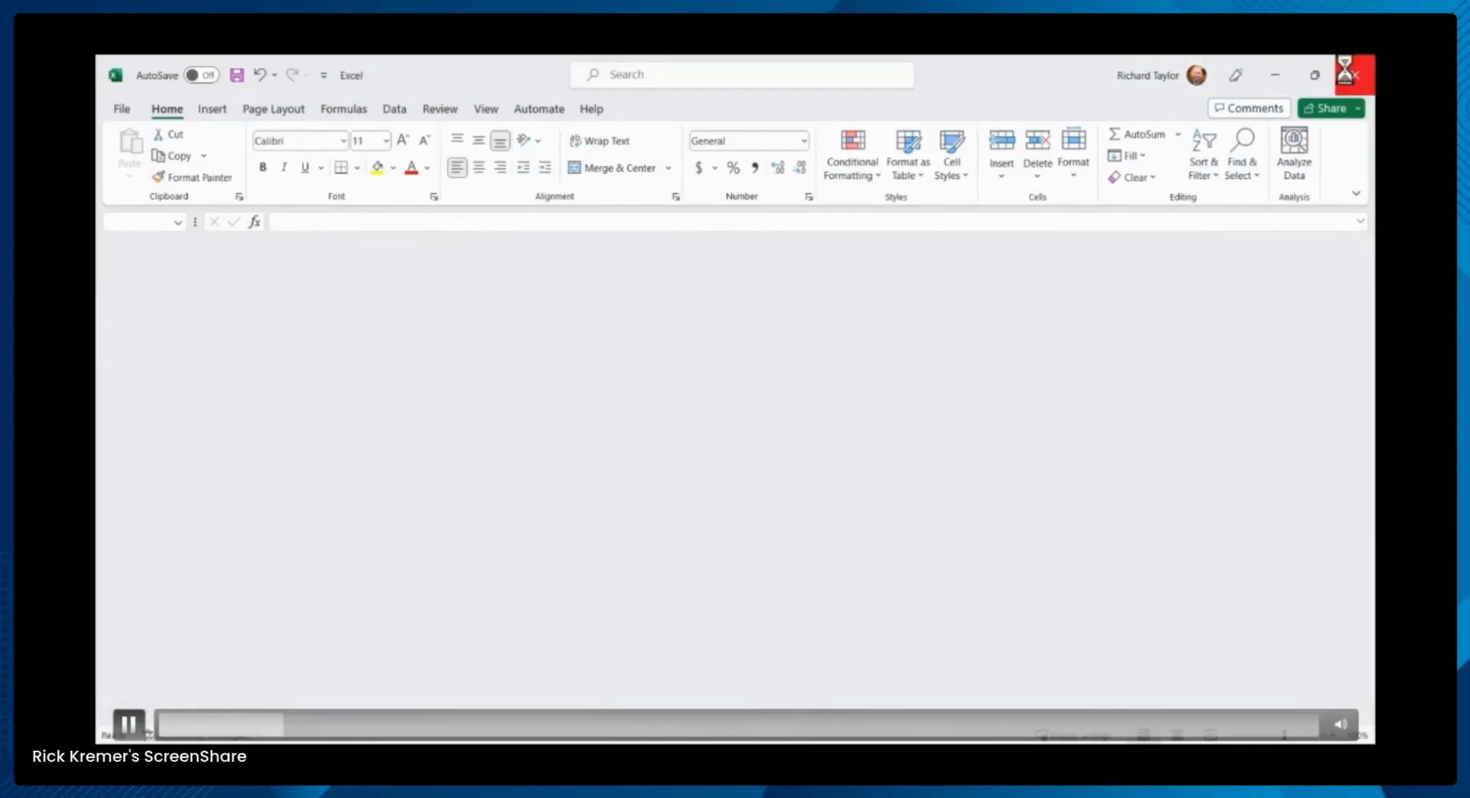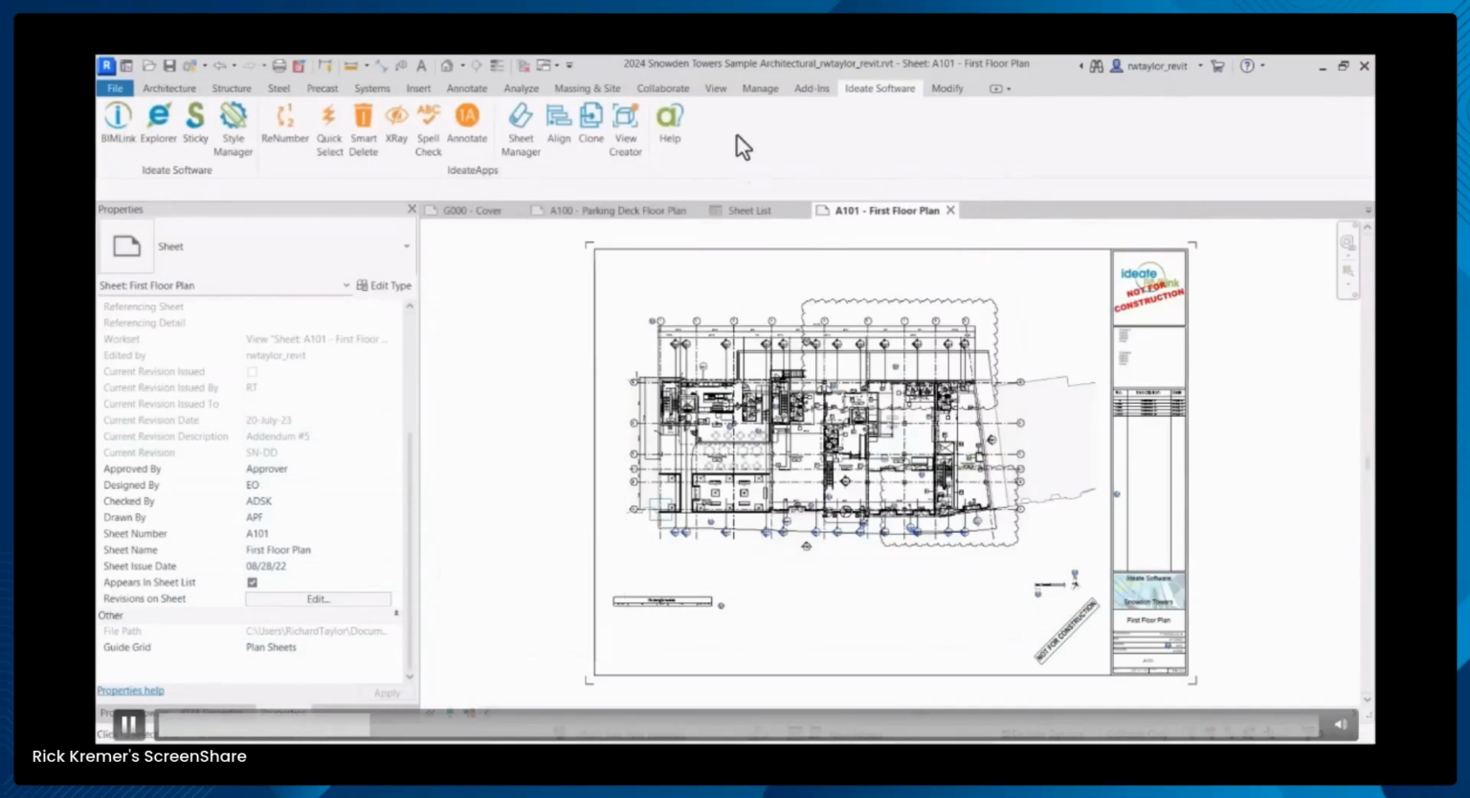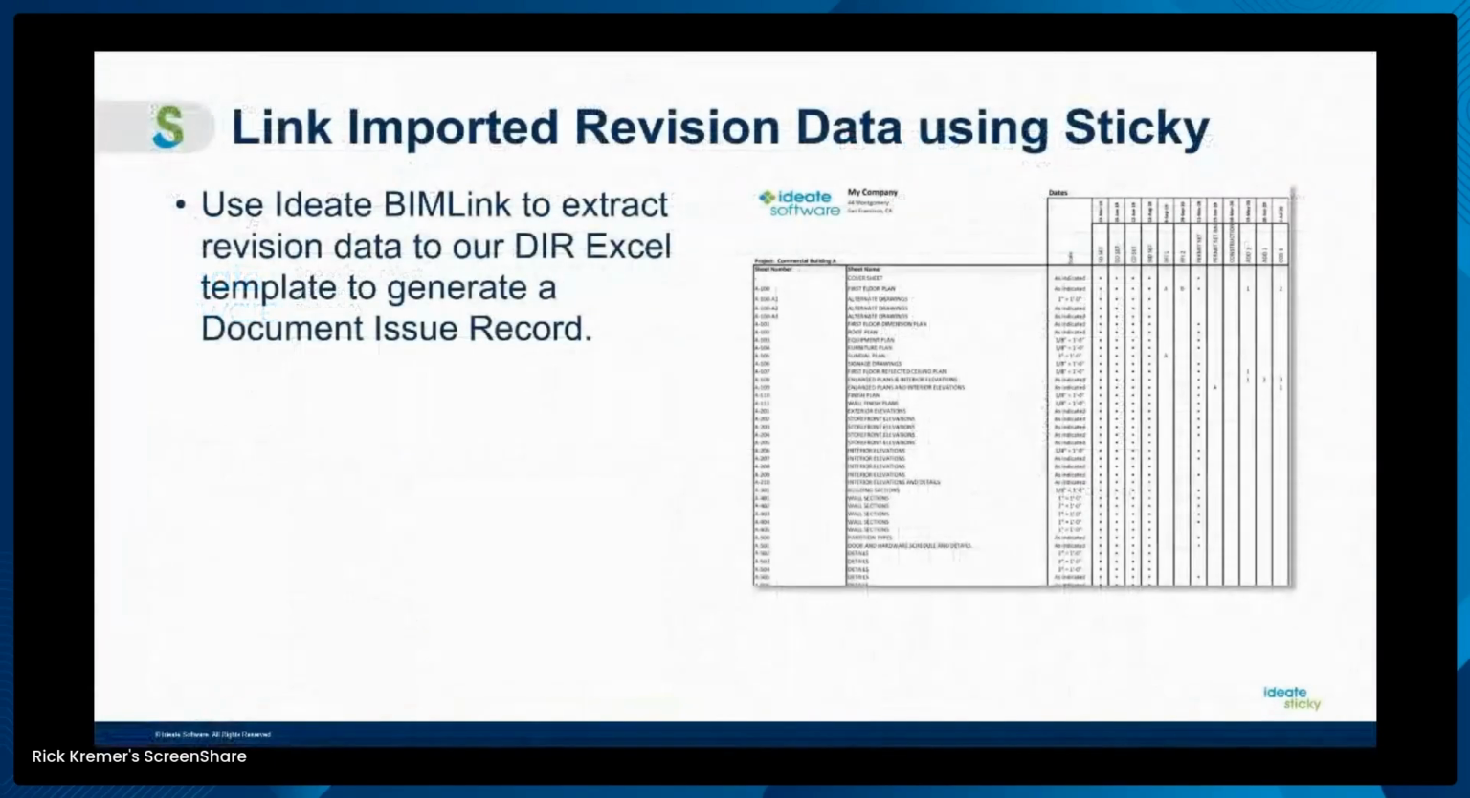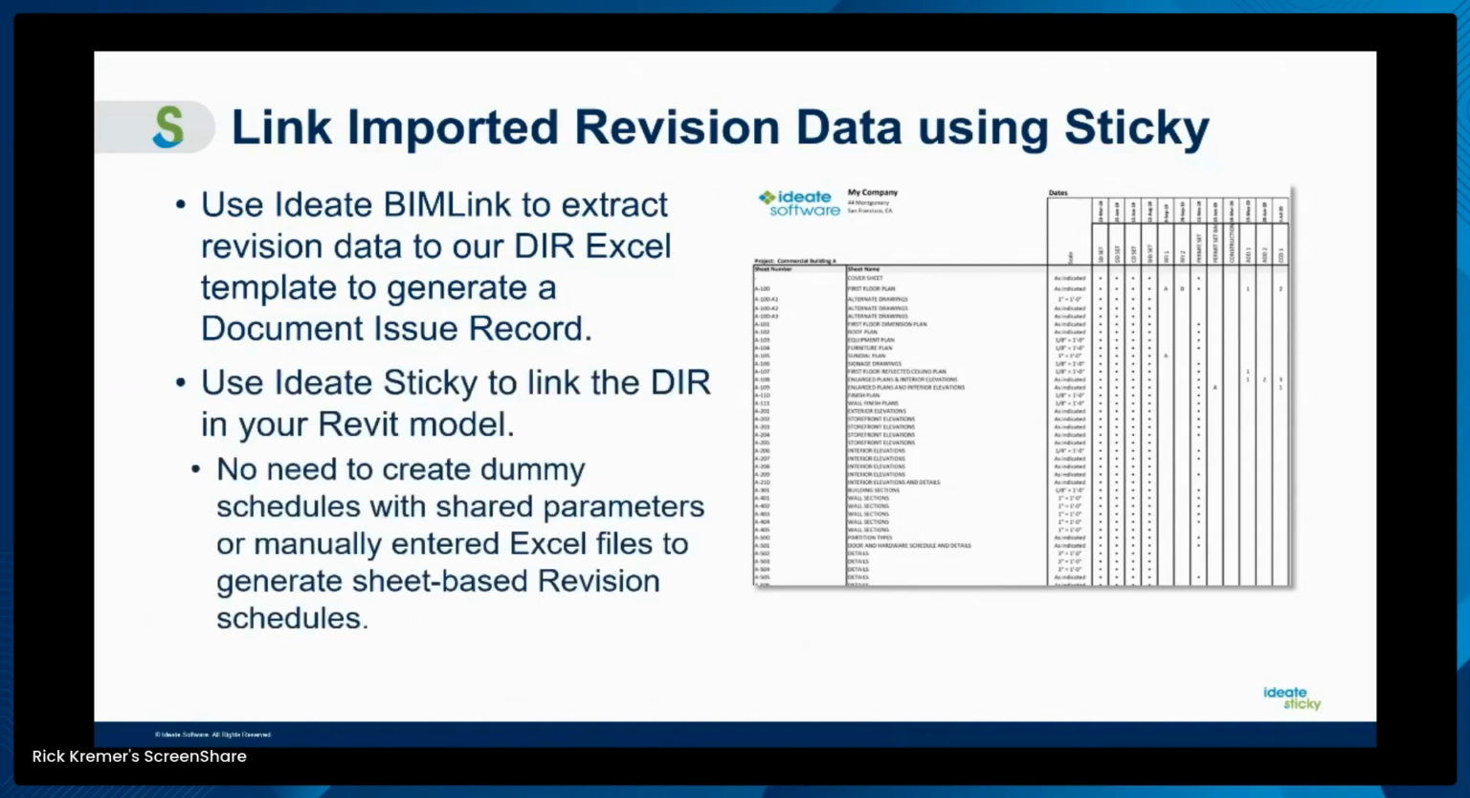So how do we start to go through and take a look at this information? Well, let's go over here and see how we can start to use this information. Again, utilizing Ideate BIMLink, we can extract that data right into our document issue record. And then we're going to use Sticky to stick it to our Revit project. So there's no need to create dummy schedules that are detached from our single source of truth in our Revit project. Here we can use all of our solutions, including BIMLink and Ideate Sticky, to generate this information and stick